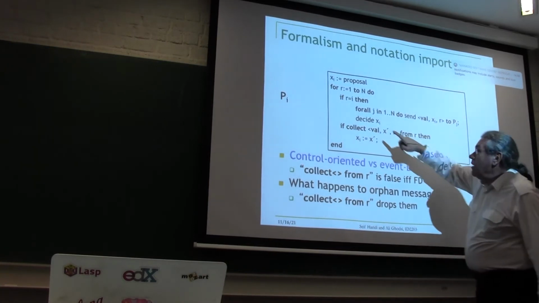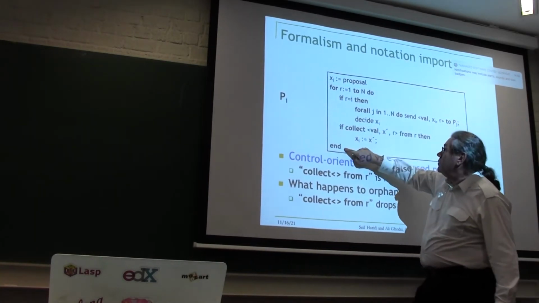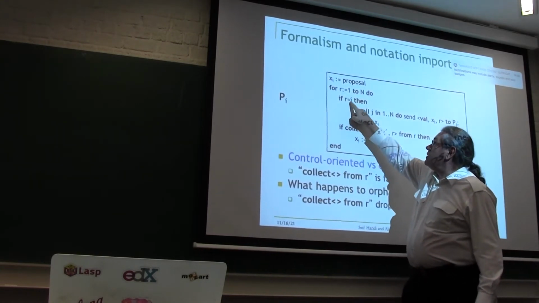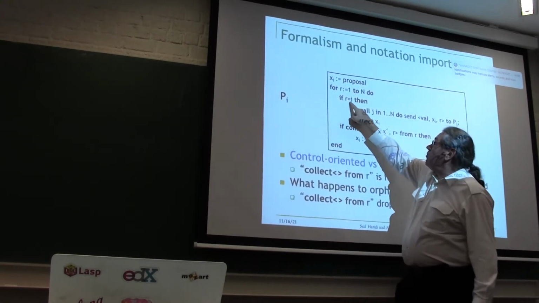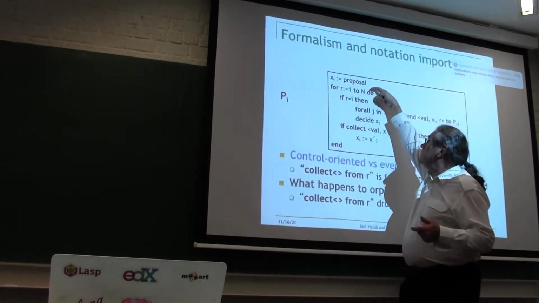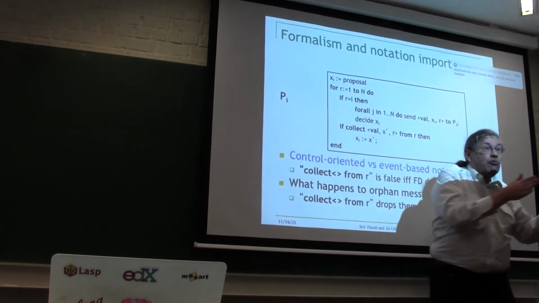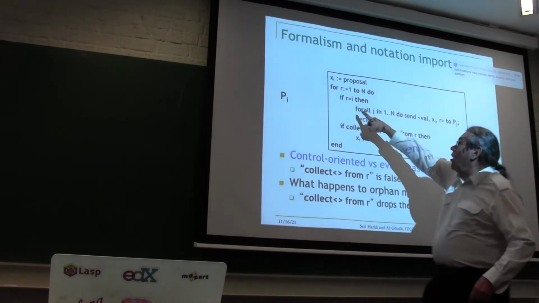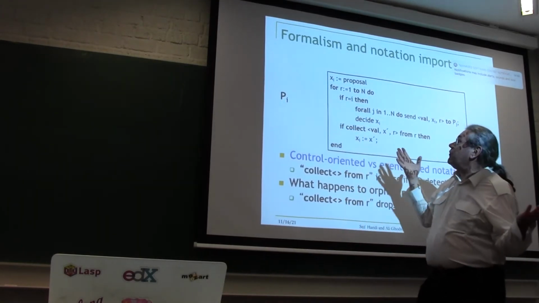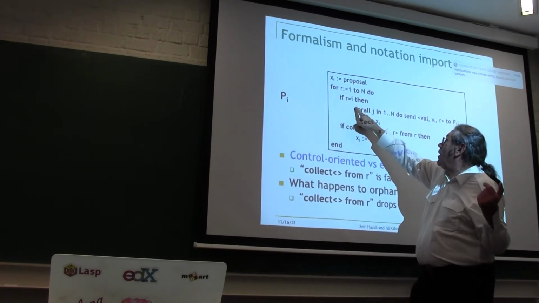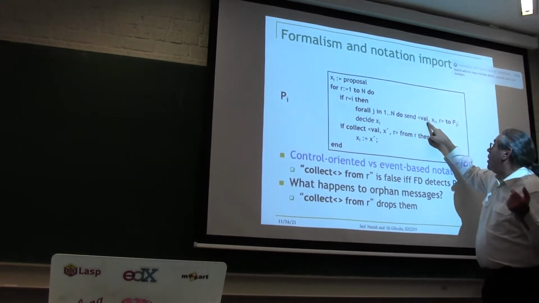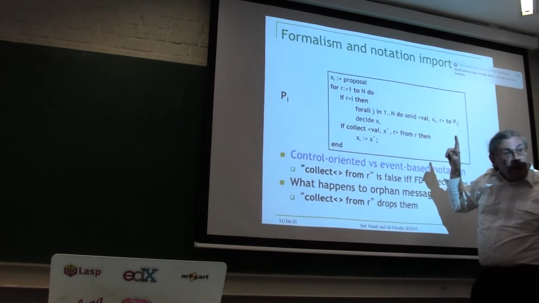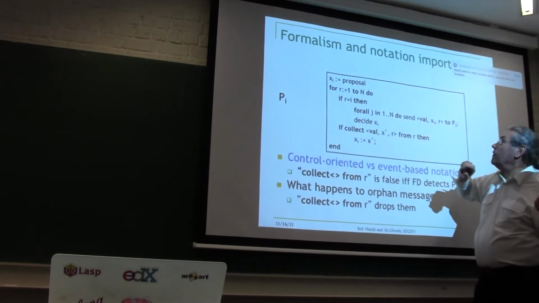Okay? So every node will do this for loop. R goes from 1 to n, and if R is equal to I, so this is the round when it's the leader, okay? So you can see this for loop is modeling the rounds. It's going from 1 to n. And if R is equal to I, then it's the round that I'm the boss. It starts with P1, P2, and so on. Then I will broadcast my value with for all send. This for all send is a best effort broadcast, and I will decide, okay?